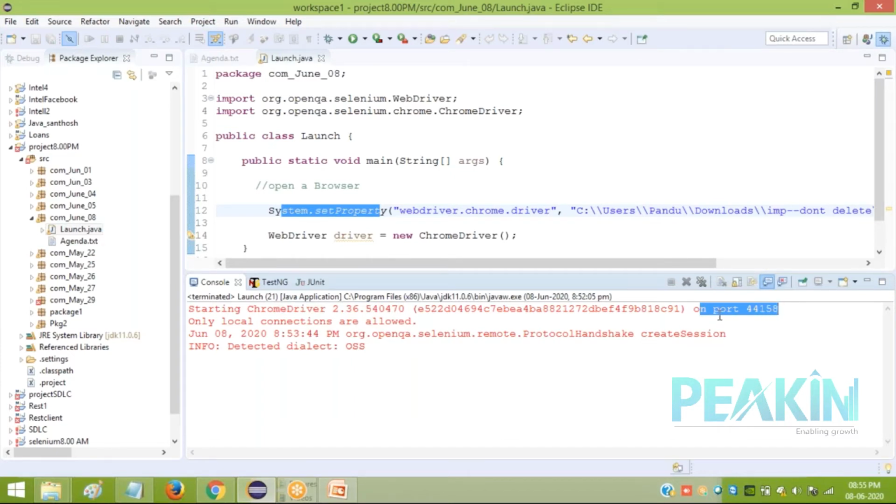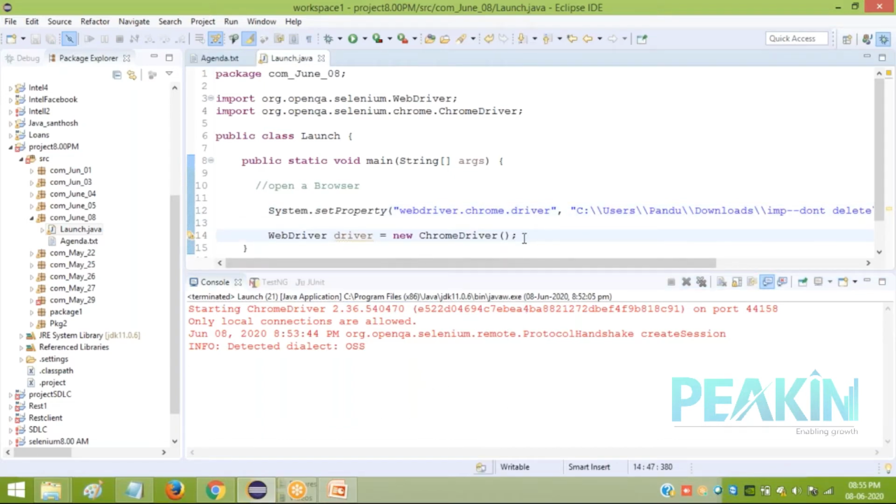But with the help of some port of your machine, whichever port is available and free at that execution time, it takes help of that port number, tries to launch a browser for you and creates a protocol handshake and a session. It creates one session, a communication between your program and the browser with the help of this driver and a port number. That's the meaning of these lines.